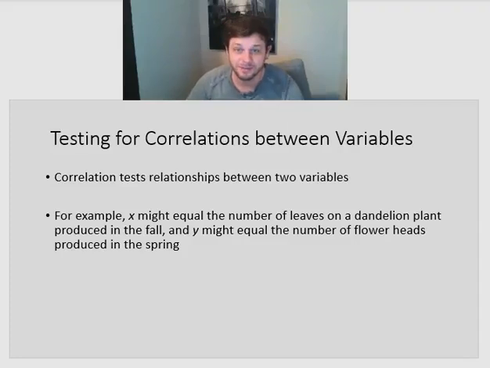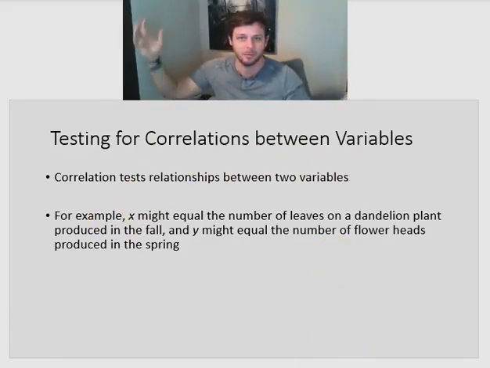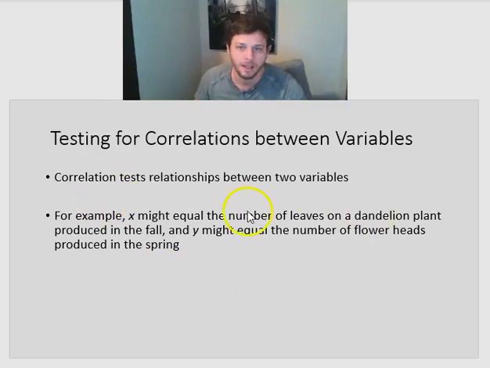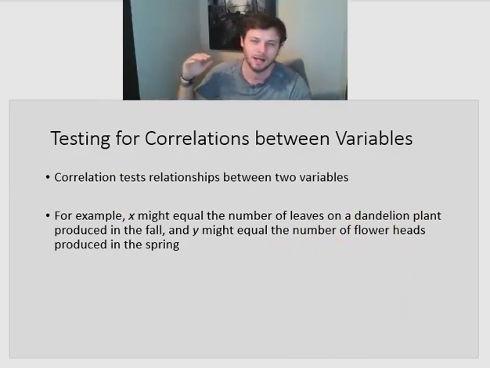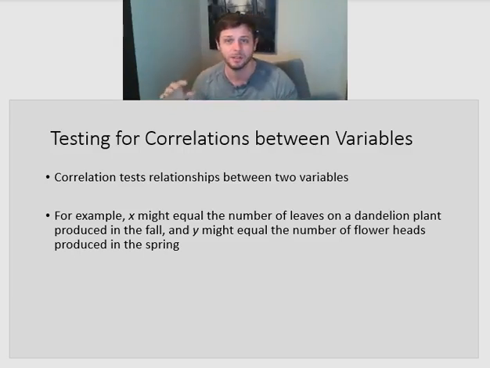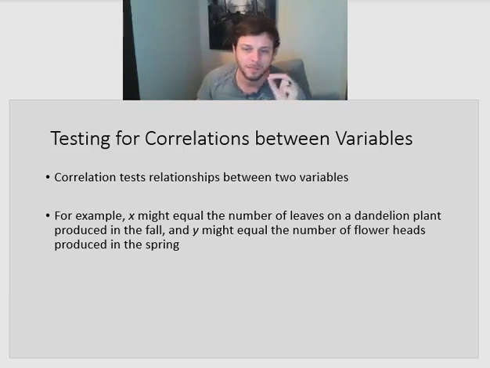Last one, testing for correlations between variables. So you're going to have two variables, x and y, right? X might be the number of leaves on the dandelion in the fall, and y might be equal to the number of flower heads in the spring. Typically, when you're testing your correlations, you're going to have x as the independent variable,